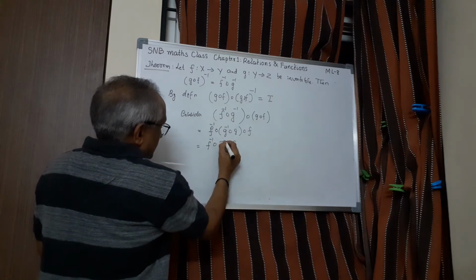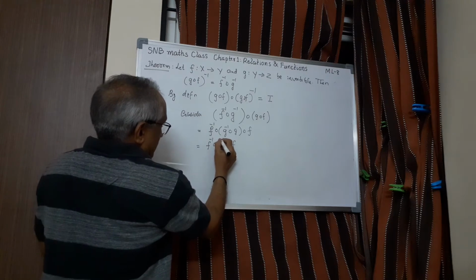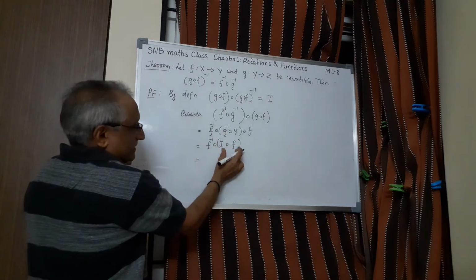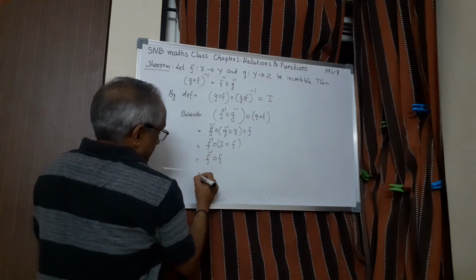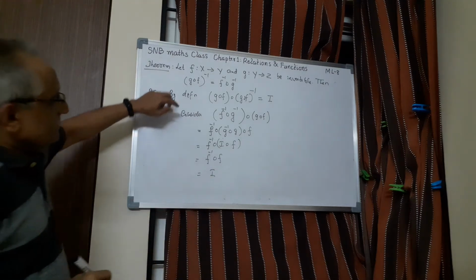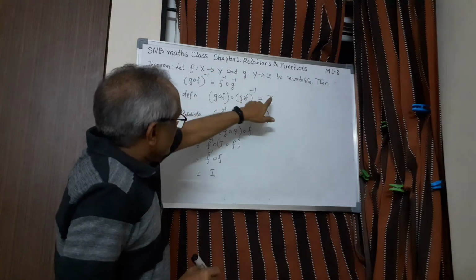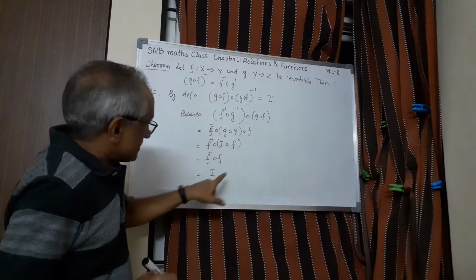And you can take here either this or this, both are one and the same. Even we can take it like this. But now I of F is F only. So F inverse of F, but this is I. F inverse of F is I. Now look here. GOF of GOF inverse is I. And F inverse of G inverse of GOF is also I.